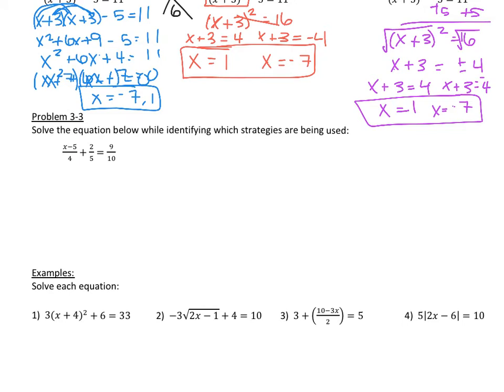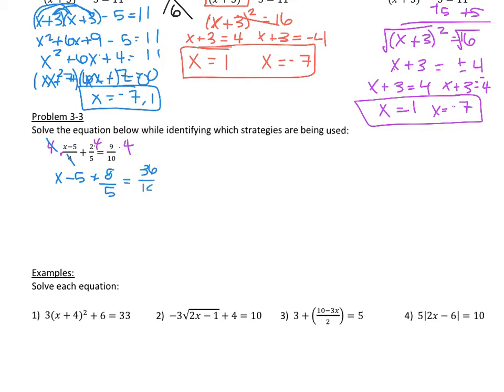Okay, looking at this example, we have fractions involved, and now we've called the method I'm about to do here fraction busters, and that's just another way of rewriting it. So let's solve this equation while we identify the strategy. So the first thing I would do in trying getting rid of some of these fractions would be to multiply every single thing by 4. So I'm just addressing this first fraction here, but I have to multiply everything by 4. In doing so, my first fraction now is no longer a fraction. So the 4 over 4 cancels, and I have x minus 5 plus 2 times 4, which is 8 over 5, equals 9 times 4, which is